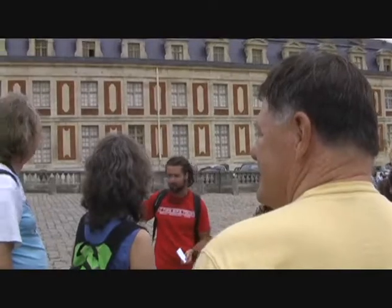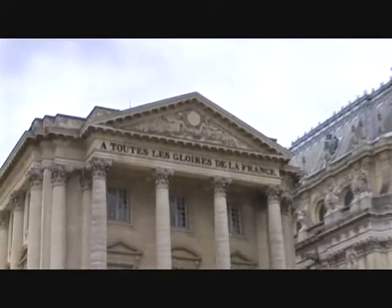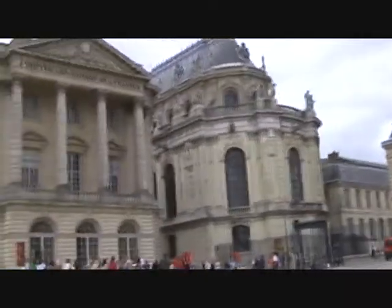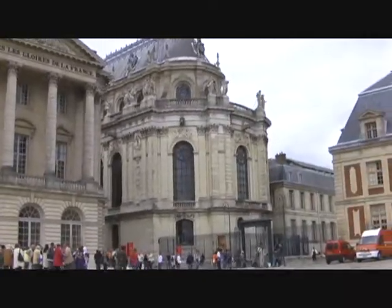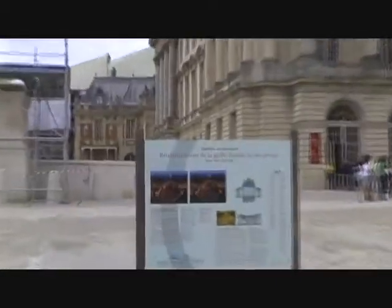Purchase your tickets to go in, and then you come over here and go inside. I'm going to hand out these tickets to you. I wonder what that says right there. To the glory of France. But what is it? A tribute to the glory of France? To all the glories of France. First off, the chapel will be...